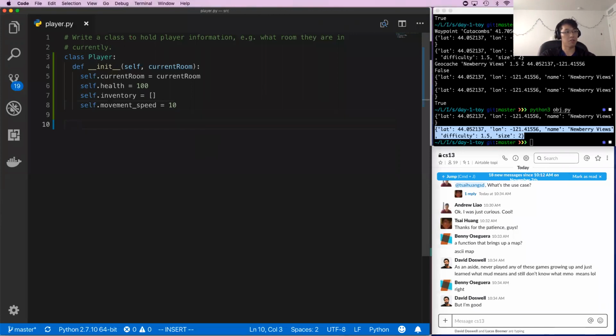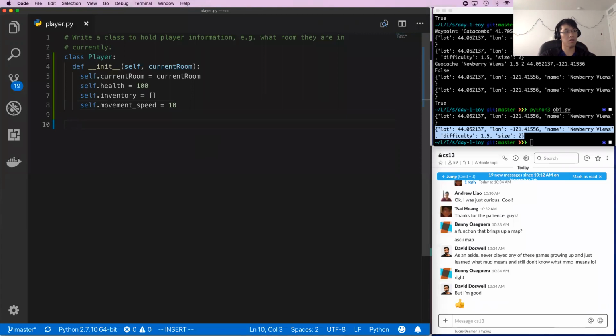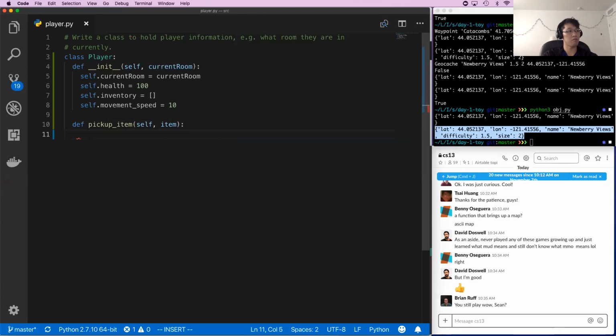So that might be a good place to start as far as an initialization for our player, and then maybe we'd want to go and implement some functions, some methods, right? So maybe, for example, pick up item, because we have an inventory item, right? And this could just be self.inventory.push or append the item. And then maybe